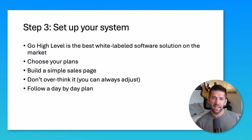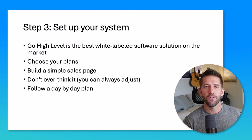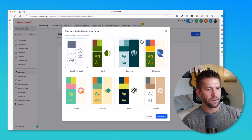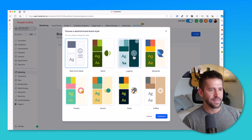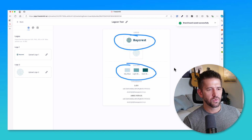So once you have your plans figured out, build a very simple sales page just so you have some online presence for your customers to see. And to do that, just choose a simple brand. I'm going to click here under brand boards. This is all built into the software as well. And let's just find a color scheme we like. Maybe I like this lagoon color. I'll choose that. And of course, you can change your logo, change your colors, whatever you want to do, but